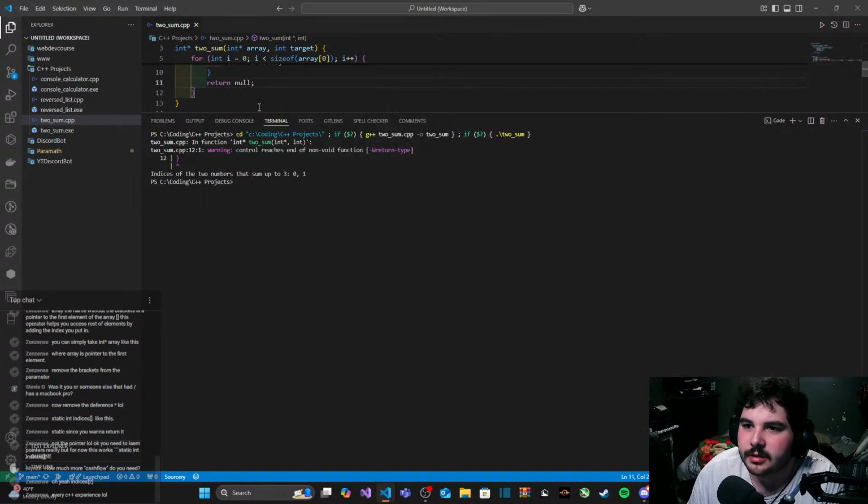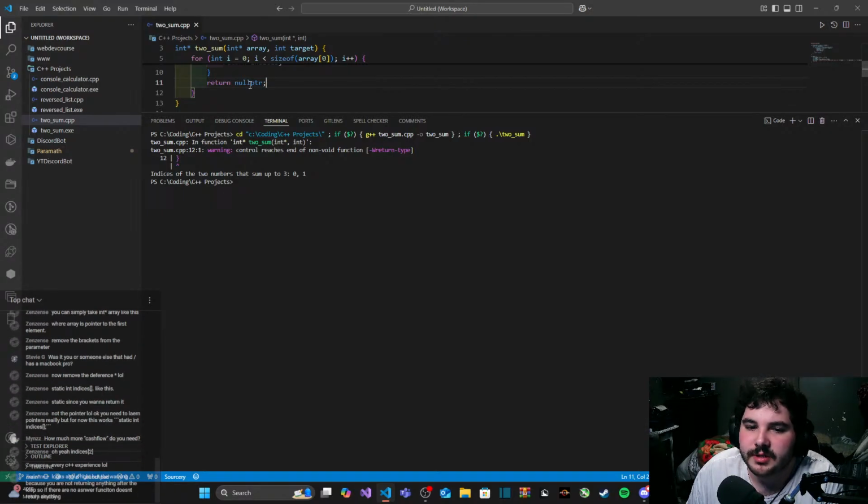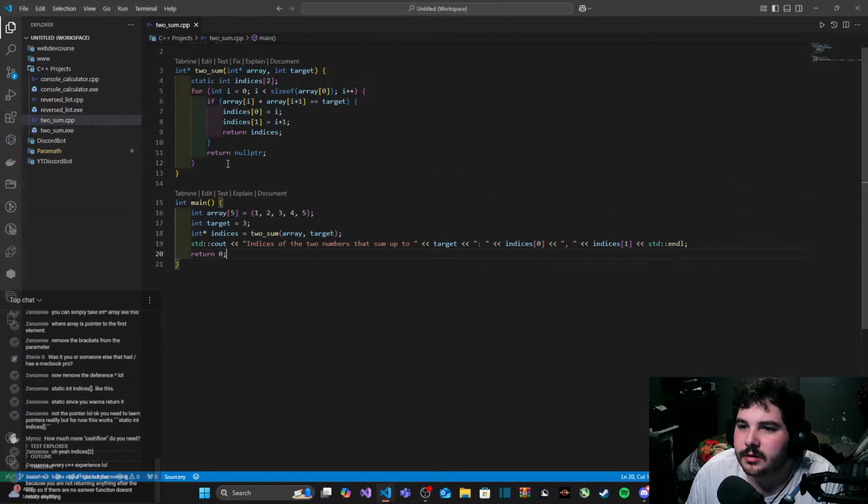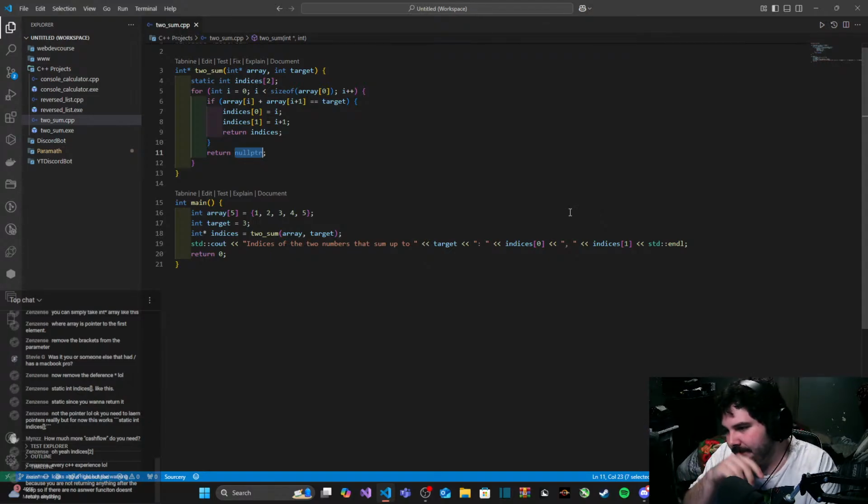Actually... null pointer. I'm assuming that's the same as null. Okay. Is nullptr, null pointer, the same as null, is that right? Or is this something else? Because I've seen it around on some videos, but I never understood if this was just null and just called that, or if it meant something more than just null.